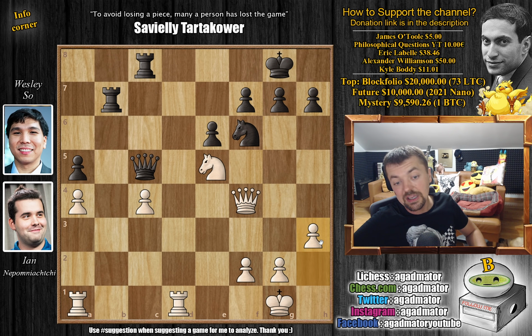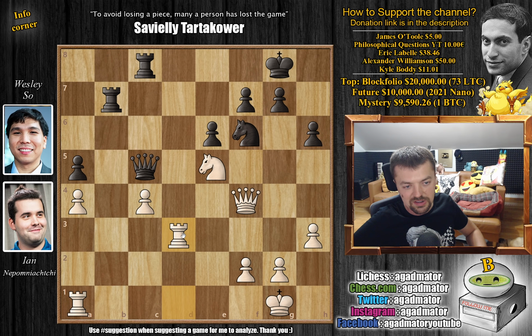So here, h3, taking a moment to create breathing room for the king, and Wesley does the same. We have h6, and now, only now, Nepo goes for the rook lift, rook to d3. Now you can play rook to f3, rook to g3, put some pressure on black's king side. So rook c to b8, now with ideas of trading off a pair of rooks, but also just rook to